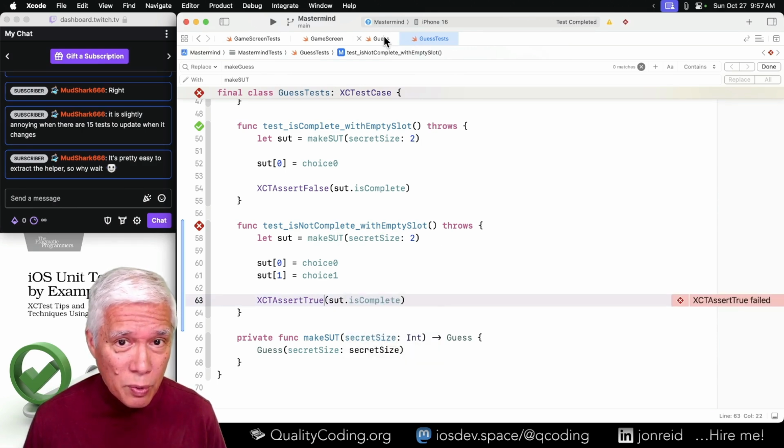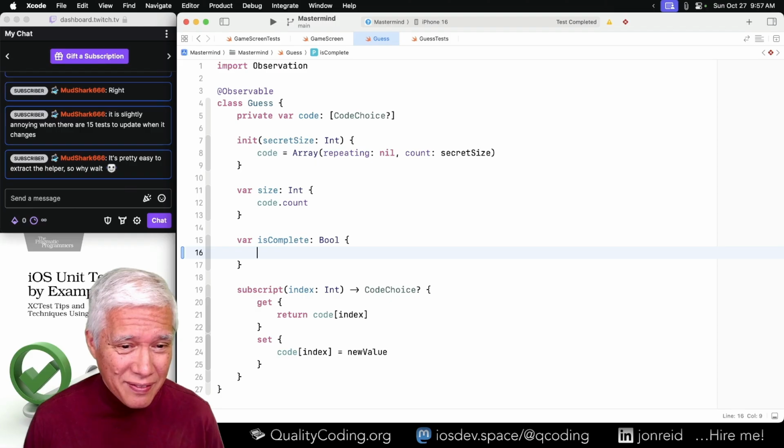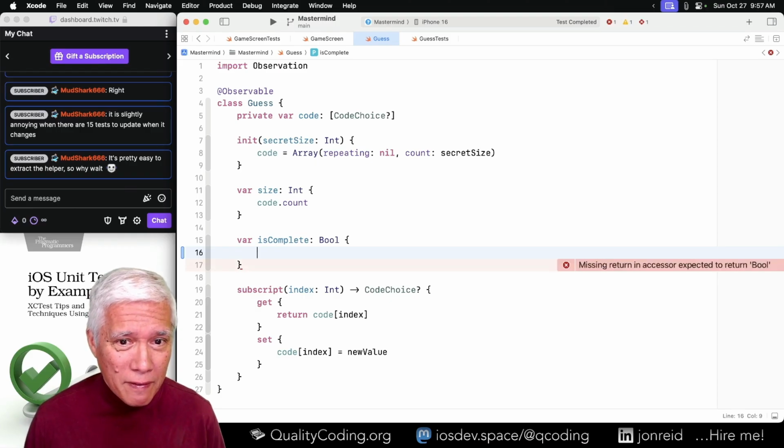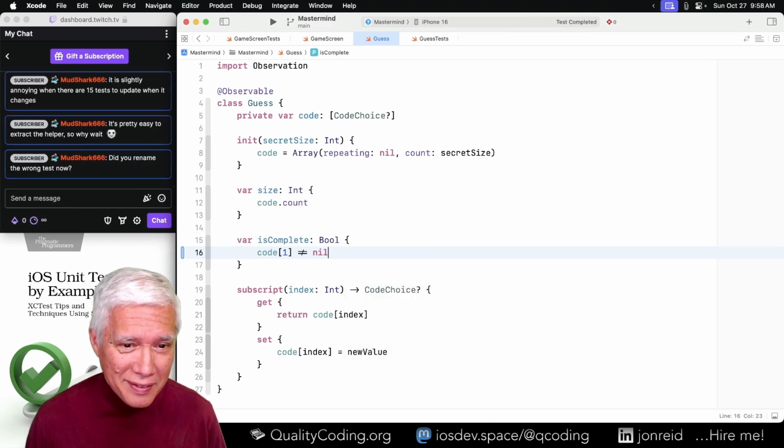The simplest, grossest way to get this to pass, I'm going to do a little bit of evil TDD here. Evil TDD being, let me satisfy the test, but in a way that you don't like. Evil TDD would be code of 1 is not nil. That is bad.